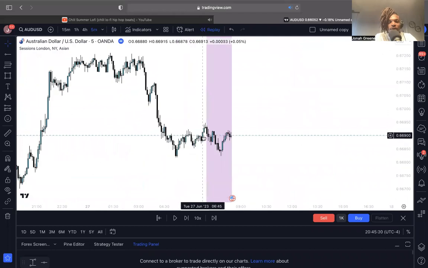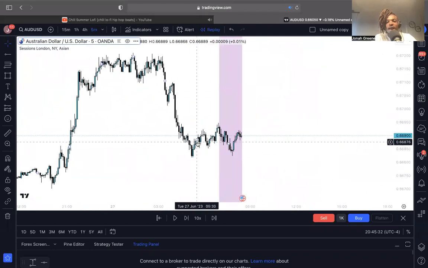All right, so I already have it on replay mode right here, and supply and demand is very simple. Some people trade it on a daily, some people trade on a 4 hour, 1 hour, 15 minute, 30 minute, you name it. I personally like to trade it on a 5-minute time frame, and here's the reason why. Because a 5-minute time frame gives you way more setups and probability setups than a 15-minute time frame, 1 hour time frame. And the reason for that being, you might be on a higher time frame waiting for so long